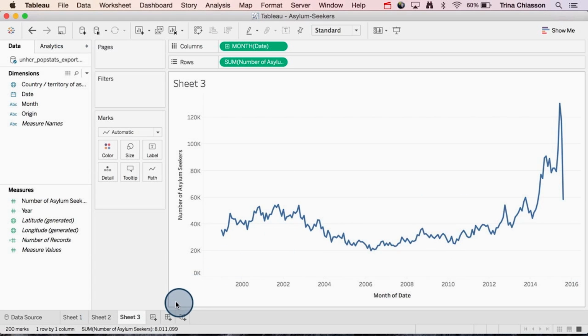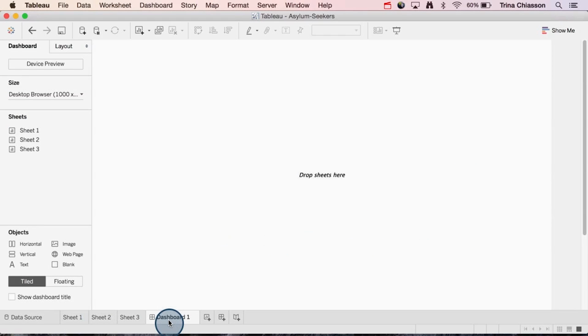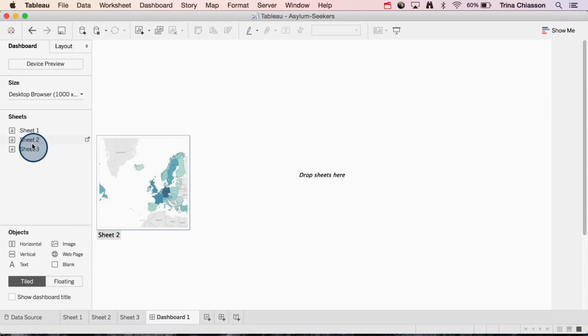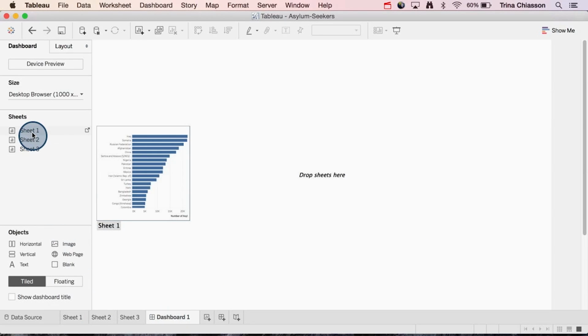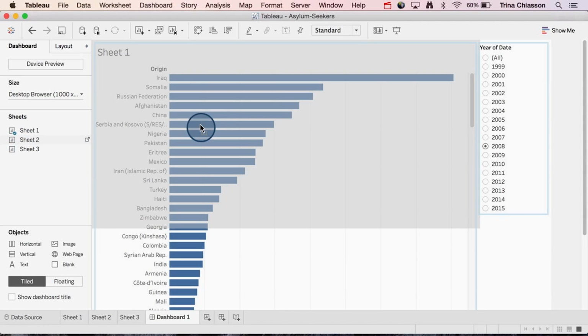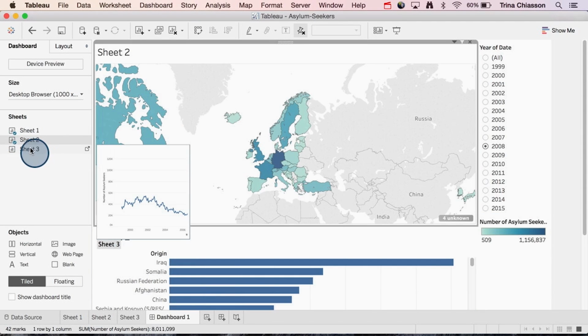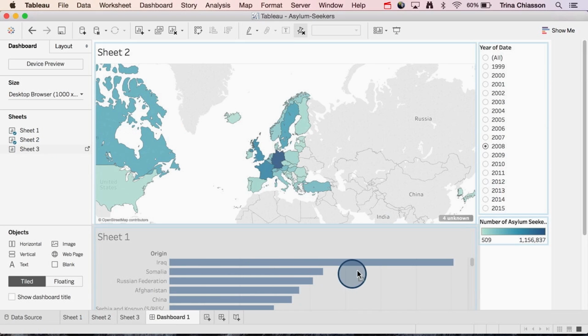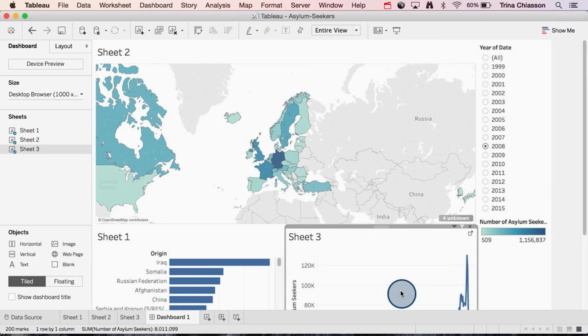Now, if I wanted to turn this into a dashboard, I would tap on the new dashboard icon here, and here I have sheets that are in the corner for me, and I can start dragging those onto my dashboard. And if I hover over them, I see a little thumbnail that helps me know what I'm looking at. So I'm going to drag that sheet here. I'm going to drag the map out on top, and then I'm going to drag this line chart to the